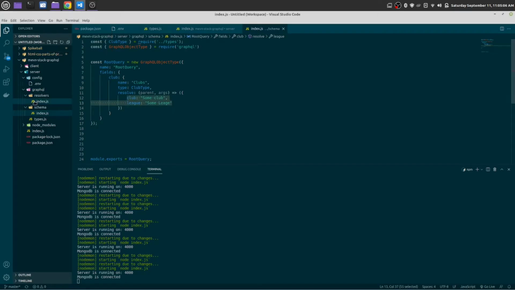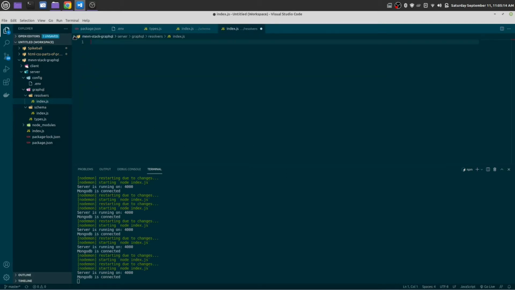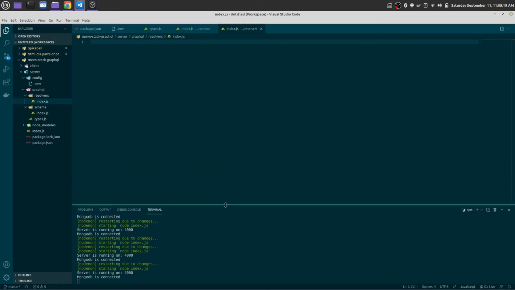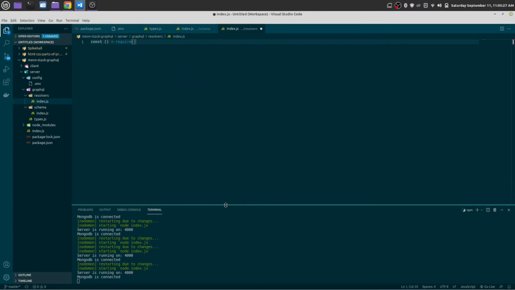Okay, now go to resolver index.js. Here we are going to make our mutation. So const, require GraphQL.